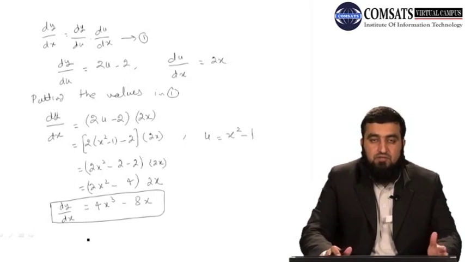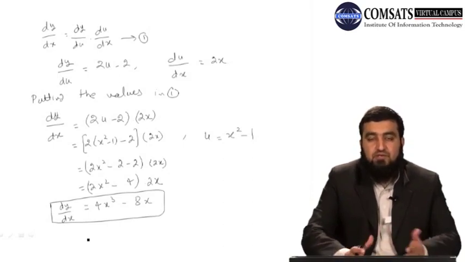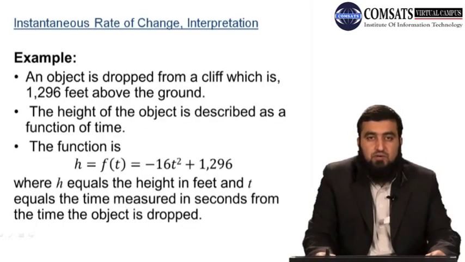और आखिर में जो उनकी वैल्यू आती है dy बाई डी यू डॉट डी यू बाई डी एक्स, उसमें आप u की जगह पे एक्सपोर्ट करेंगे, यानी जो उसका फंक्शंस है u का जो u की जगह पे उस फंक्शन की वैल्यू इन टर्म्स ऑफ x है उसको पुट करेंगे। इसके बाद आपके पास जो आंसर आएगा वो इन टर्म्स ऑफ x होगा और वो होगा आपका dy बाई डी एक्स। So now when we defined the derivative, we mentioned